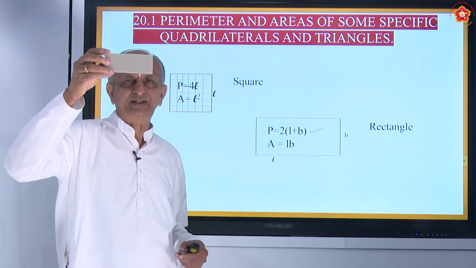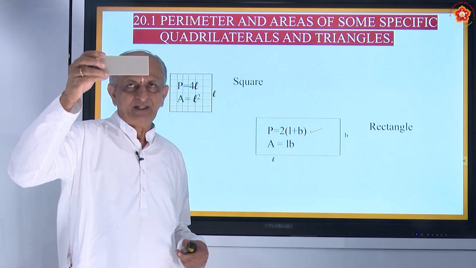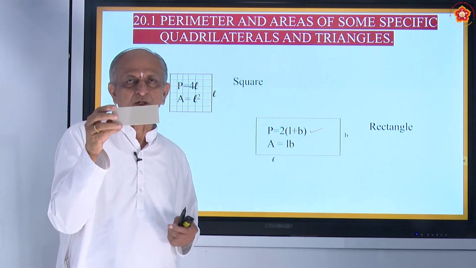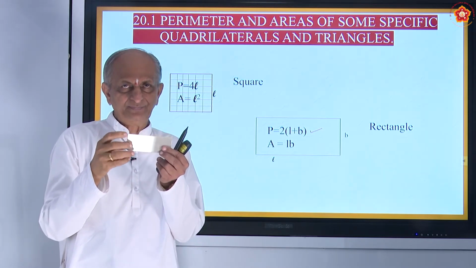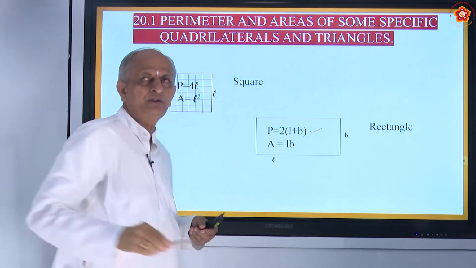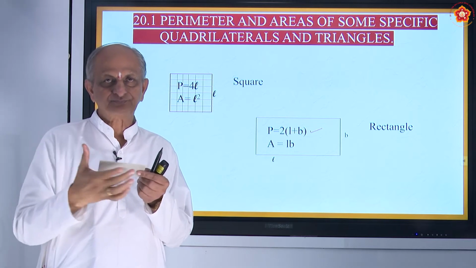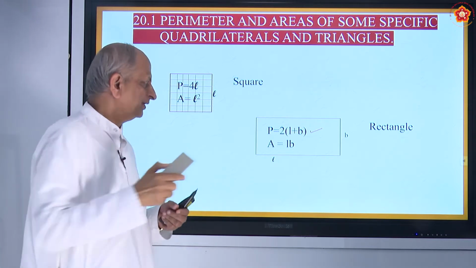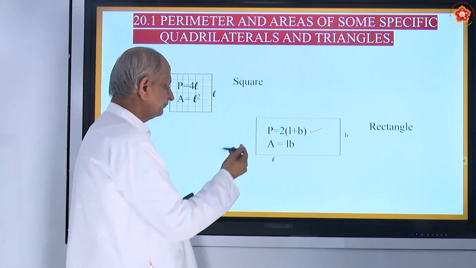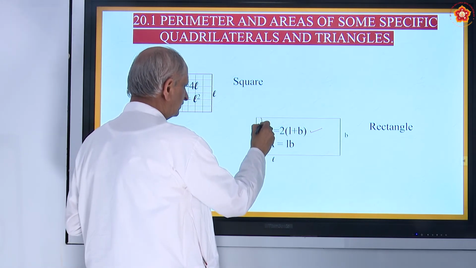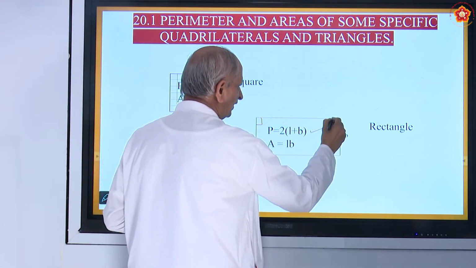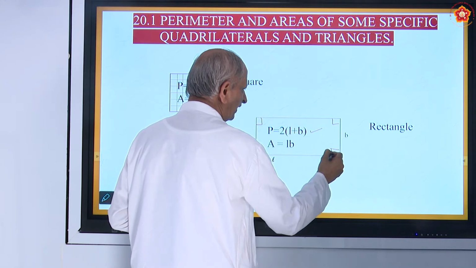This rectangle also you see in daily life in many places. Here in the rectangle all the angles are equal to 90 degrees and there will be 2 lengths here. That's why it is 2L. 2 breadths here, 2 lengths and 2 breadths, and each angle will be equal to 90 degrees. So that is the speciality of a rectangle. All the angles are 90 degrees and there will be 2 diagonals also, and the 2 diagonals bisect each other.